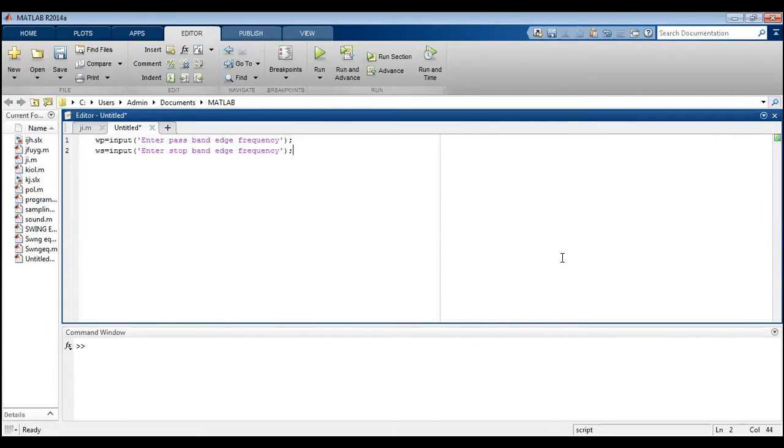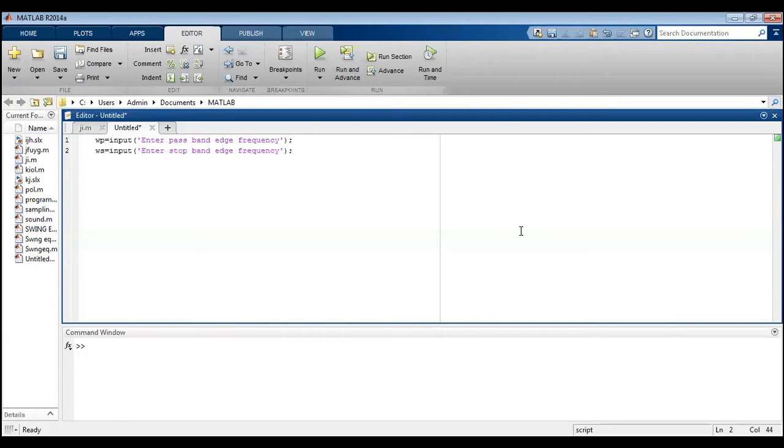Okay, so here we are taking care of designing an analog filter, not a digital filter. For designing an analog filter, of course, we need to find out the order of the filter. We need to find out the transfer function of the filter. To find out the transfer function of the filter, we know the formula we have to use is